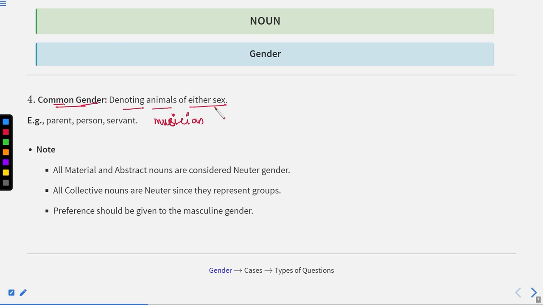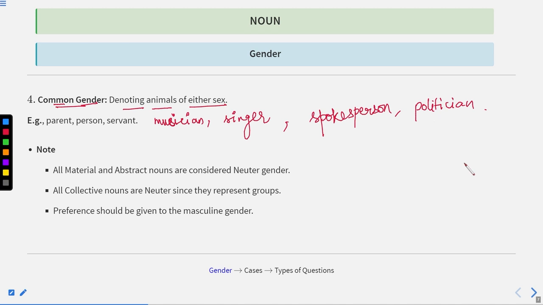Now if I say the word singer, whether it is a male singer or female, we use the same word, singer. If we talk about a spokesperson, whether male or female, we use the same word, spokesperson. For any politician or famous personality, we use the same word, and that is common gender. Why so? Because